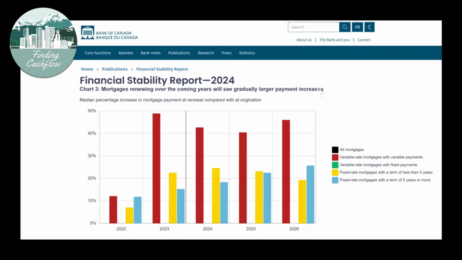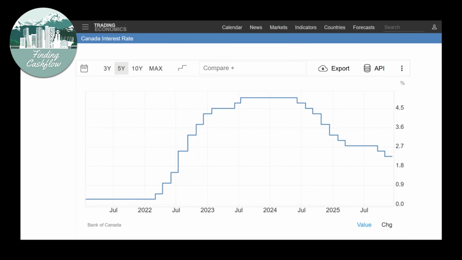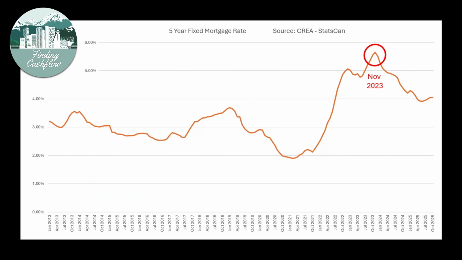Next, we have the variable rate, variable payment mortgages. These are the mortgages where the monthly payment went up each time the Bank of Canada increased its overnight rate, and where the monthly payment would have come down again each time the Bank of Canada cut its overnight rate in recent times. These mortgages would have experienced their largest percentage increase in 2023. This was a time frame in which the overnight rate from the Bank of Canada would have peaked, and it coincided with the time in which we experienced the peak in the 5-year fixed-rate mortgage here in Canada.